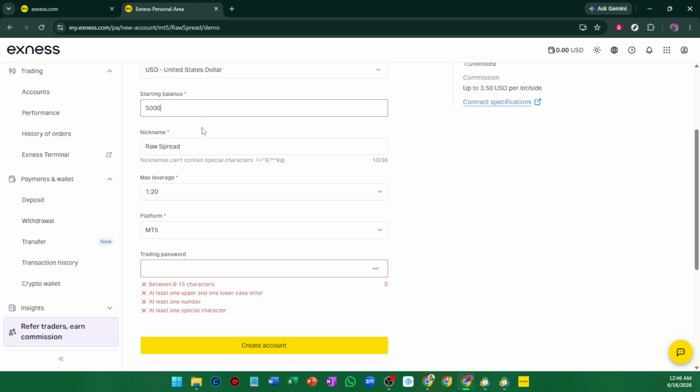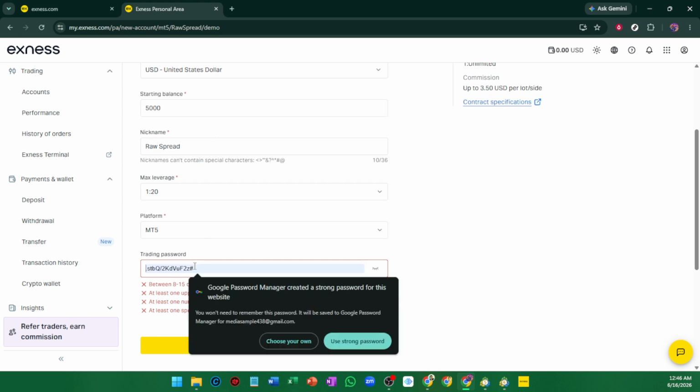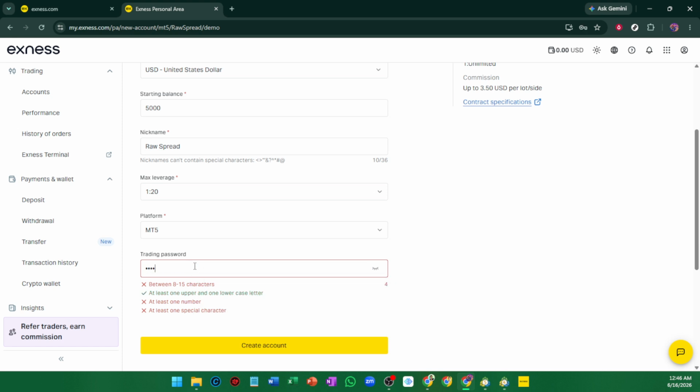This is the step that helps you understand how much each pip movement is worth for your position size. It's a useful way to estimate potential exposure before entering a trade. If you're planning risk carefully, this number can help you align your lot size with your strategy. And that's how to use the Exness calculator. If you follow these settings carefully, you'll get a clearer